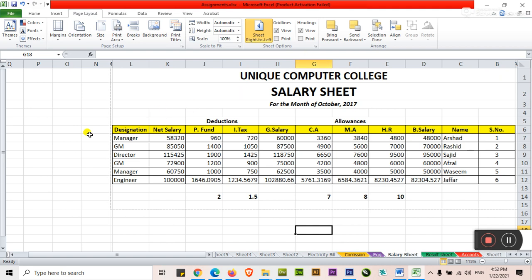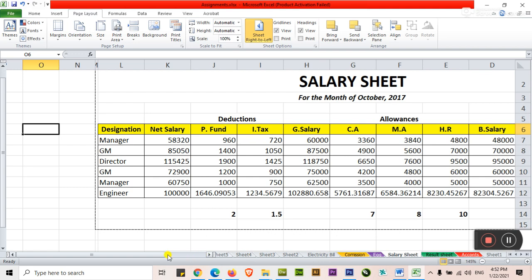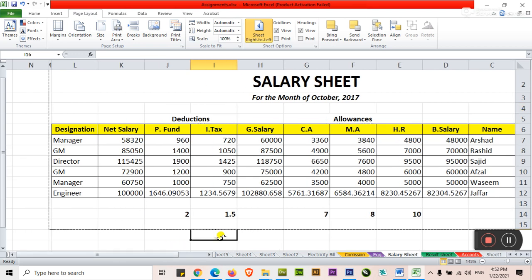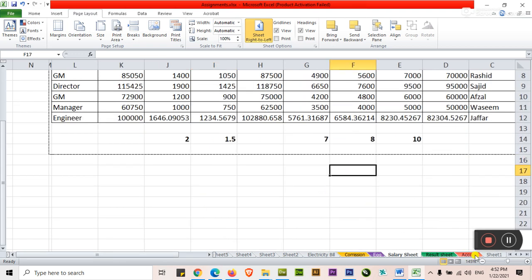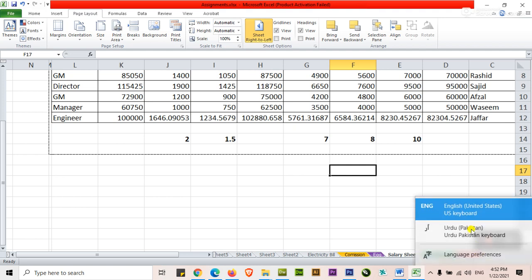I think this is for data which consists of Urdu or Arabic type. For example, we can type Arabic, English or Urdu data here. Just click here. We have installed the Urdu keyboard. Select the language.